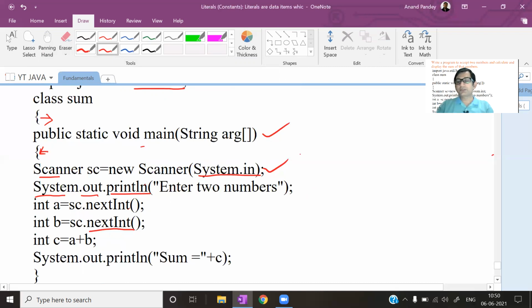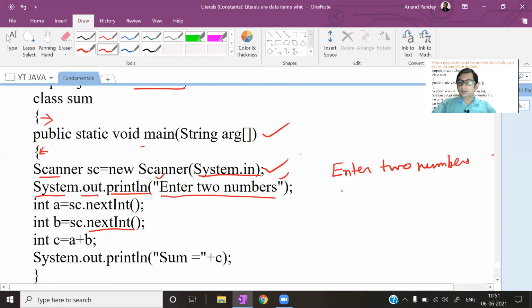Generally, we have two things to print: one, some message, and another, the value of a variable. जनरली यही दो चीजें हमें प्रिंट करनी होती है, मैसेज या किसी वेरिएबल की वैल्यू. Enter two numbers, so a proper message. When you run this program, this message will appear in front of you: Enter two numbers. Exactly whatever you have written within double quotes will be printed on the screen.